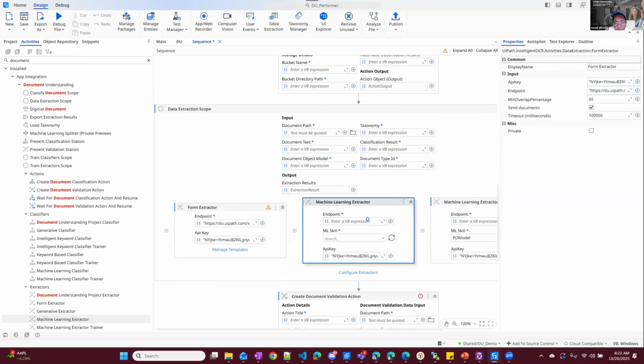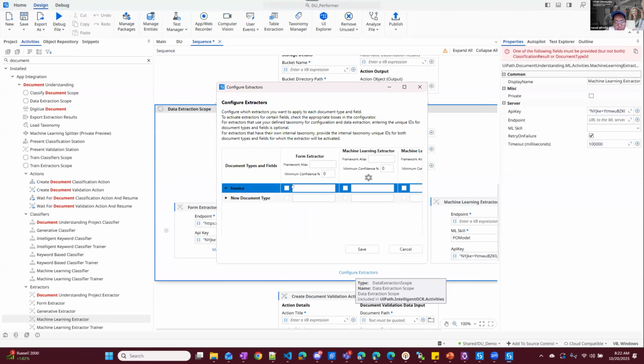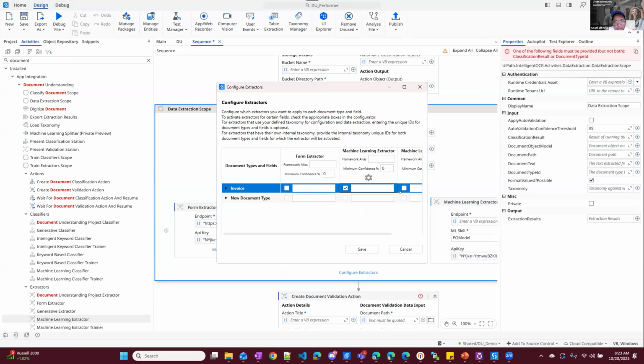One for the PO model and one for the invoice, and then you can configure the extractor here: which one you will use for the invoice, which one you will use for the PO, right? So that's how you configure this. And I just want to quickly show you the DU framework template, which you don't have to